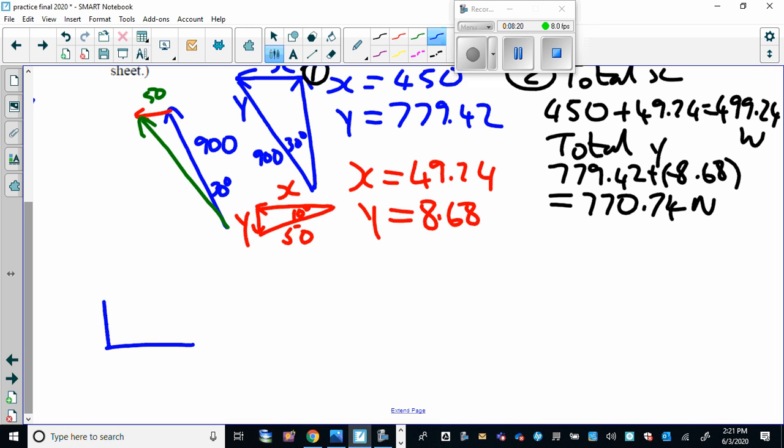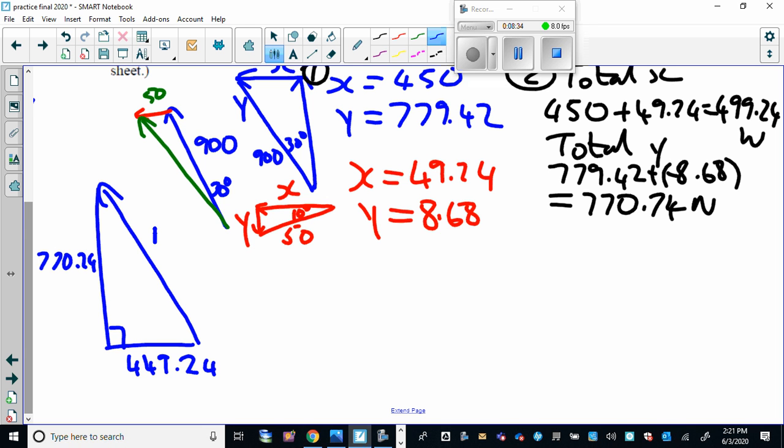My vertical component is 770.24. Right angle triangle, and use Pythagorean theorem to solve for the resultant vector. So that's going to be the square root